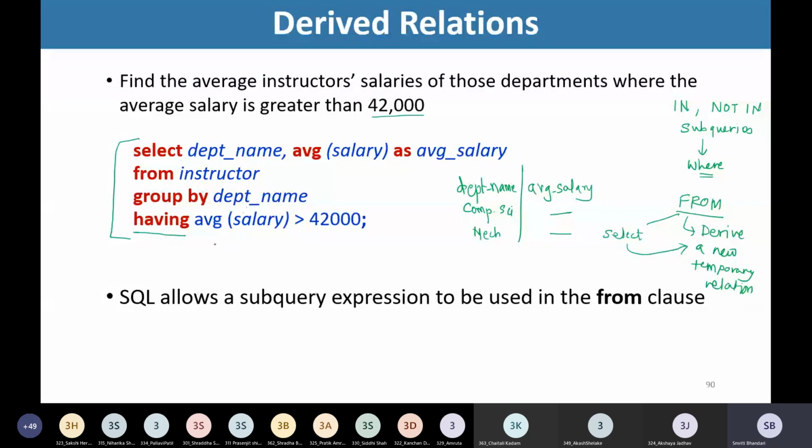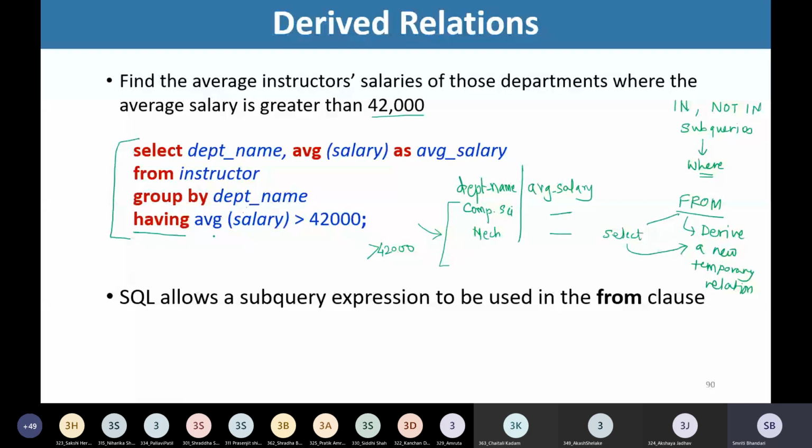We are providing here the condition having average salary greater than 42,000. So out of all those departments, I'll be getting only those for which the average salary is greater than 42,000. This is one way of writing the query, making use of group by and having clauses.